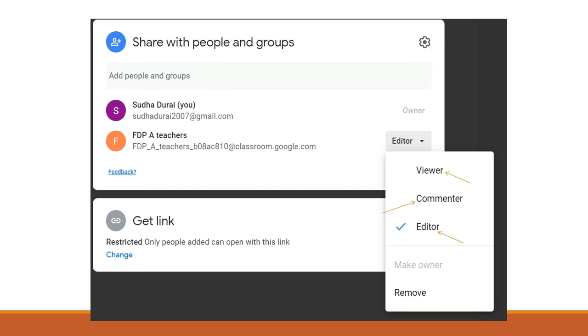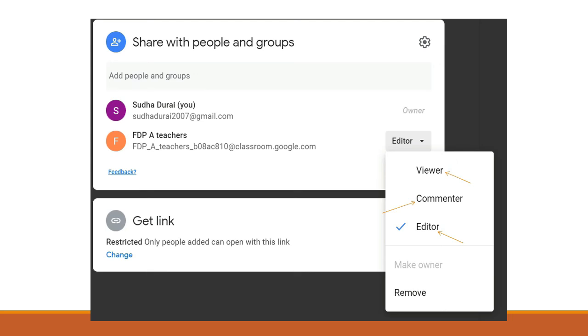In the sharing box, we have 3 options: viewer, commenter, editor. Let me brief in detail. If you want to receive comments from people, select commenter so that they can send their comments. If you want them to edit, select editor so that whatever they feel like editing, they can post it to you.